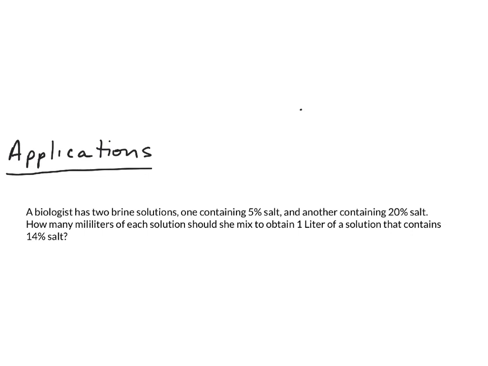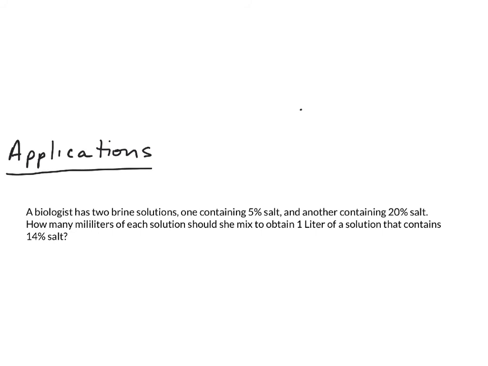So we have this biologist with brine solutions, and one of them's 5%, another one's 20%, but whatever this biologist is doing, it requires a mixture that's only 14% salt. And so what this biologist is going to need to do is mix the 5% mixture with the 20% mixture in order to end up with a 14% mixture. So the question is, how much of each mixture should be mixed in order to have 1 liter of 14%